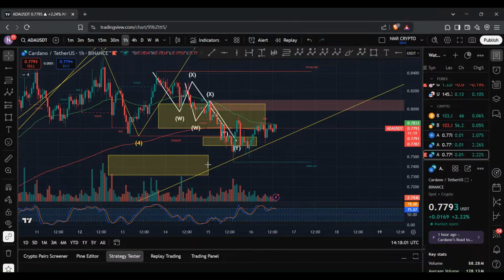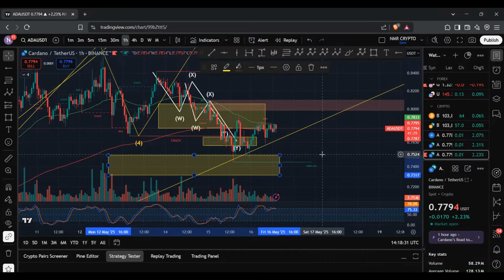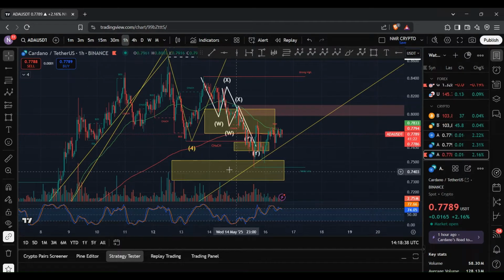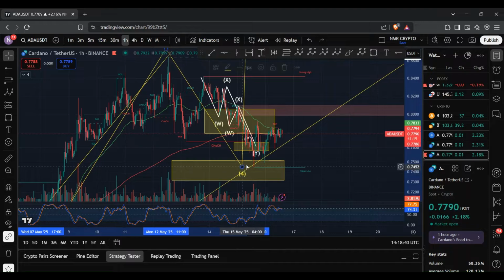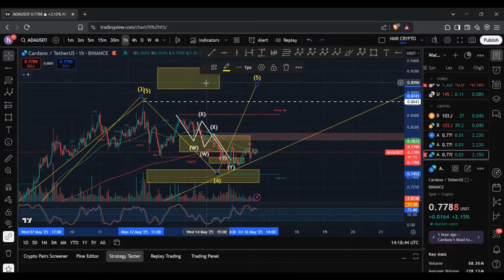So ADA ended up tapping into the main target, sitting between 73 cents to 75 cents. And it looks like the WXY structure that I've been tracking is now complete. And it's possible that the WXY structure forms our wave 4. And we could potentially be within our wave 5 where we could see higher highs and ADA potentially tap into